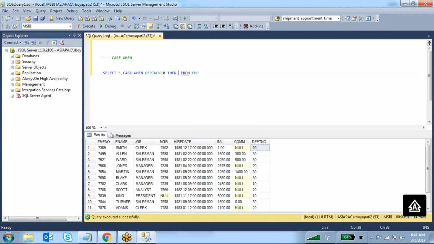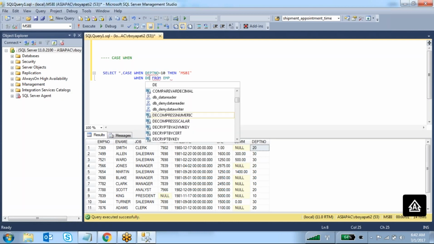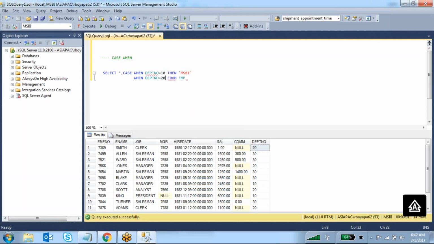Then I want to print the department name as MSBI. Okay, this is one condition under this case. Then one more condition: when department number equal to 20, then I want to print Informatica.